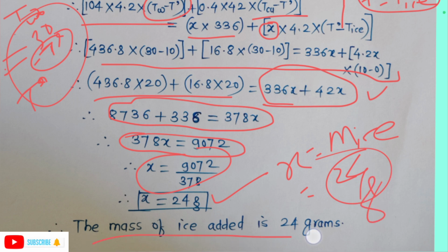So we can see the mass of ice added in that particular calorimeter, or the water inside the calorimeter, was 24 ग्राम. सो इस तरह से हम इस क्वेश्चन को बहुत इजीली सॉल्व कर सकते हैं. अब मैं इजी कह रहा हूँ, कुछ लोगों को ये बहुत हार्ड लग रहा होगा. Obviously I can understand the things. Okay, so some people will face this question easily, or some people will have some difficulty to solve